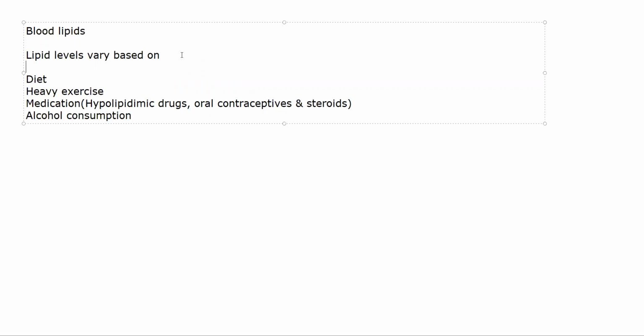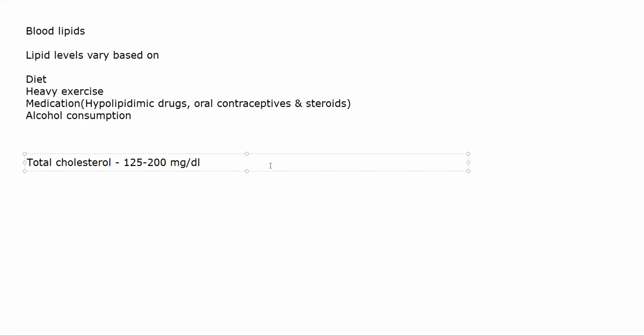Okay, now specifically coming to cholesterol, just to refresh your memory, total cholesterol. Okay, normal levels of total cholesterol is around 125 to 200 mg per dl. Now anything over 200 mg per dl is a very bad sign. Okay, 200 mg per dl itself is the higher mark. If it is above that, the patient definitely has some lipid problems. They might already be having atherosclerosis, or they might be on the route of developing cardiovascular disorders.